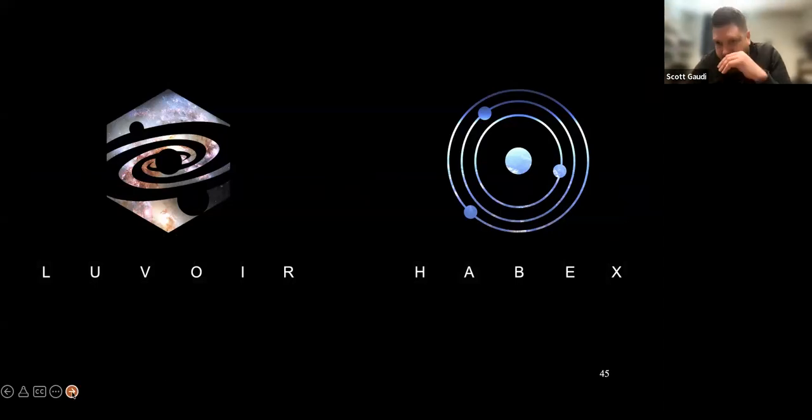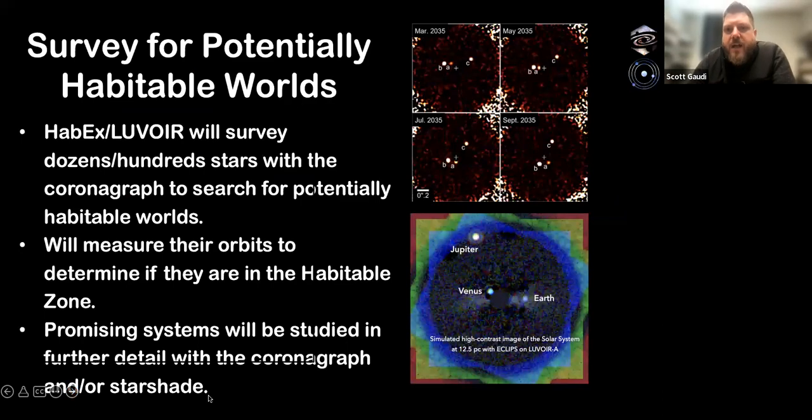Okay, now I'll just sort of lump LUVOIR and HabEx together. The obvious science goal in terms of exoplanets is to survey the nearest stars for potentially habitable worlds. And the number of those depends on what aperture and what design you're looking at, so dozens to hundreds. And the idea is that you want to find things that look like they might be in the habitable zone, and measure their orbits to see if they actually are in the habitable zone,